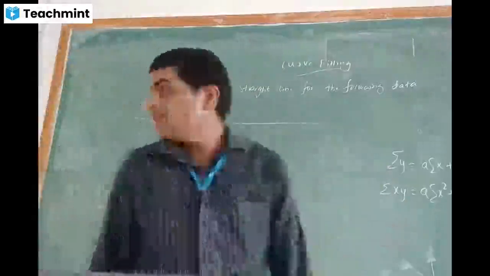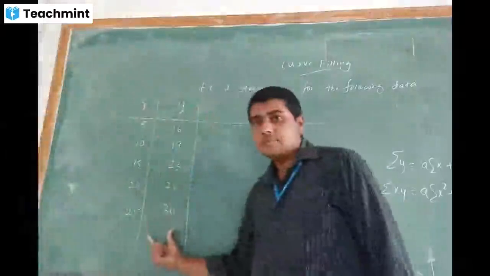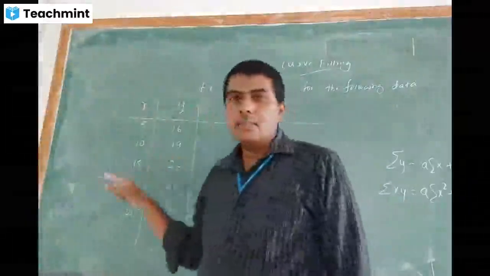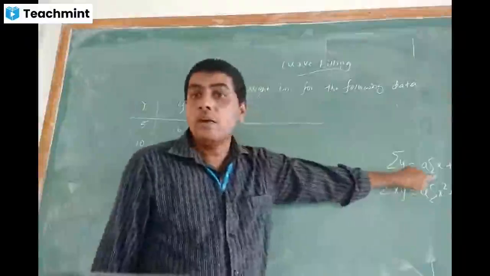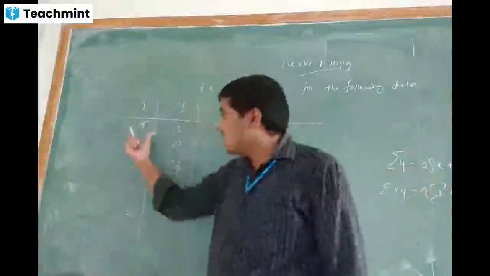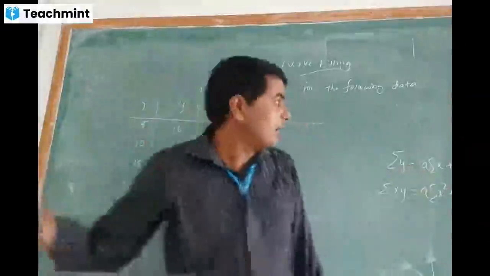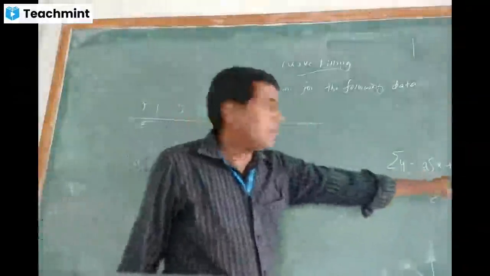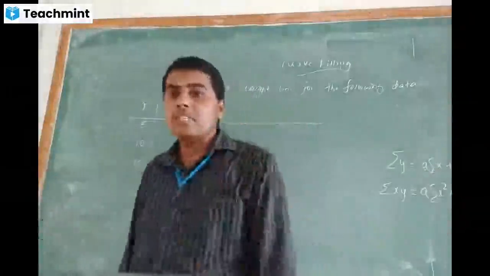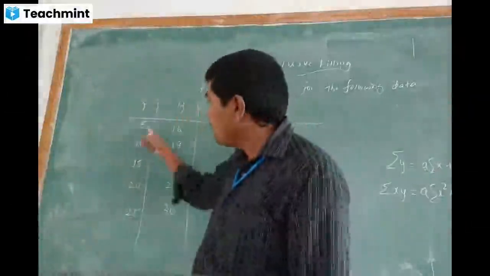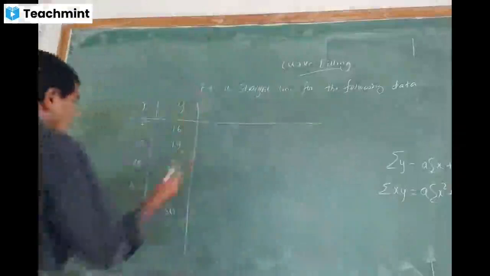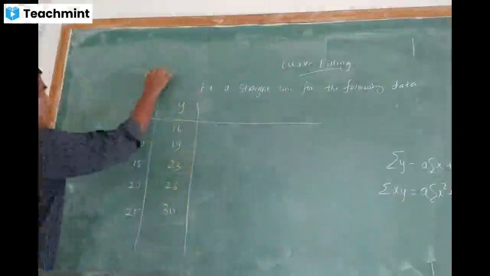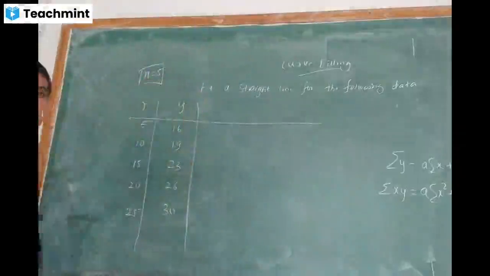Summation y, so I don't need anything more, I'll get it there only. Next, summation x is in the normal equation. Summation x is the addition of x values. So I'll get that also. N into b, N is nothing but the number of observations. Number of observations is 1, 2, 3, 4, 5. So n is equal to 5.